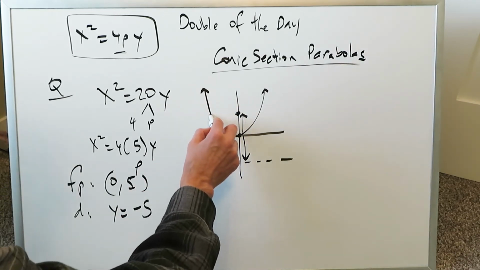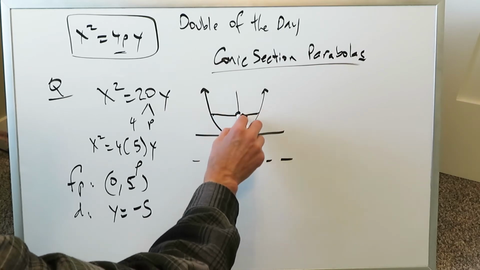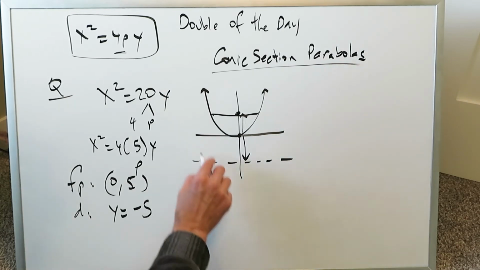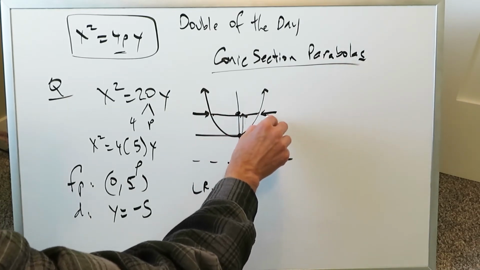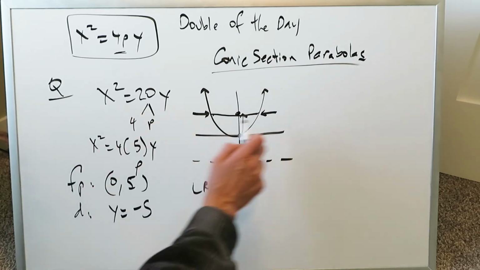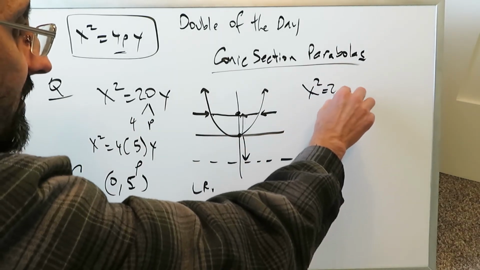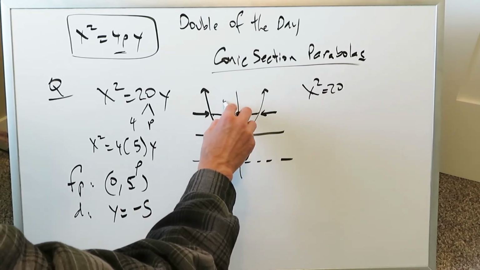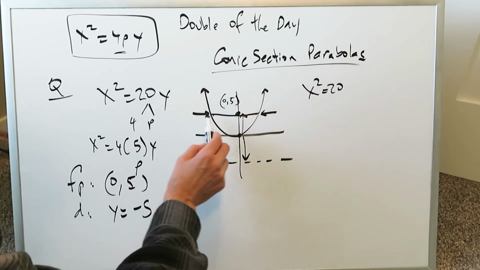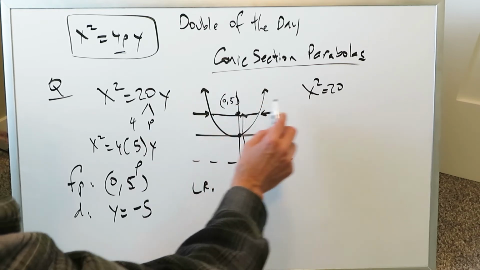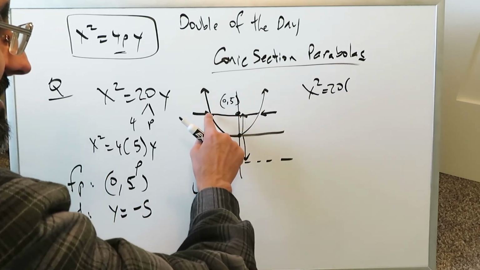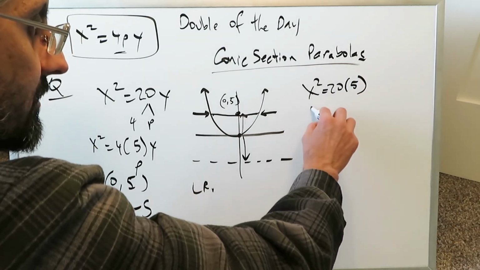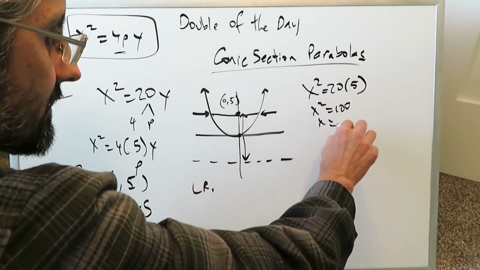Now let's look at the latus rectum, which is a chord going from one side of the curve to the other, but through that specific focal point. How do you determine the latus rectum points, the endpoints, this one endpoint and this other endpoint? Well, you take this equation right over here and you have to solve for x, but what do you put in place of y? You put exactly that value, which would be the y value of your focal point. The focal point is 0, 5, right? It must have the same y value as the focal point, because that is what the latus rectum is. It goes from one side to the other side, but through the focal point. It must be 5. So x squared is equal to 100,